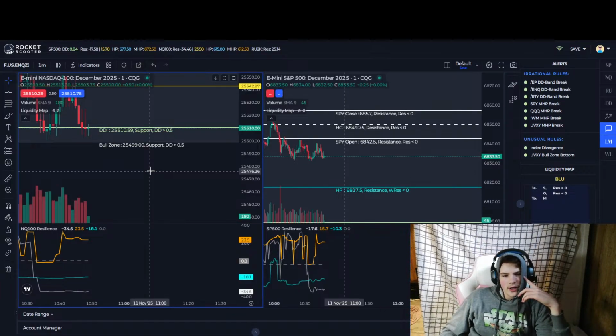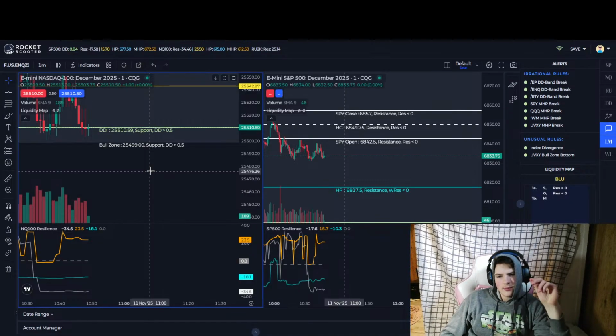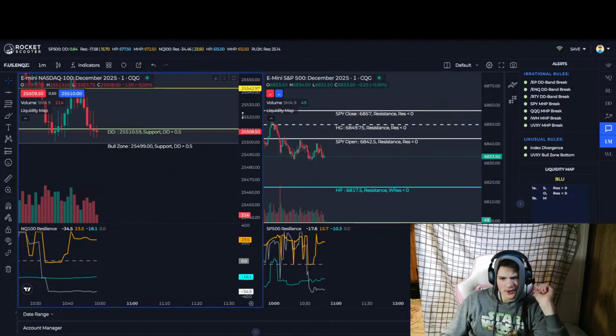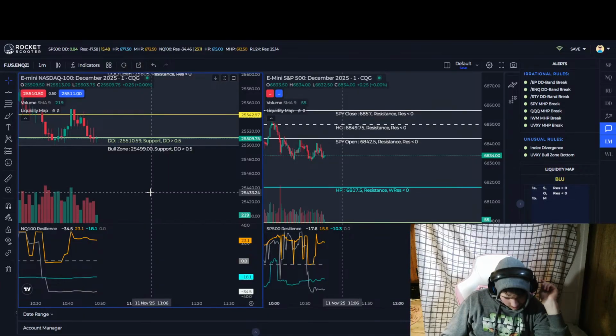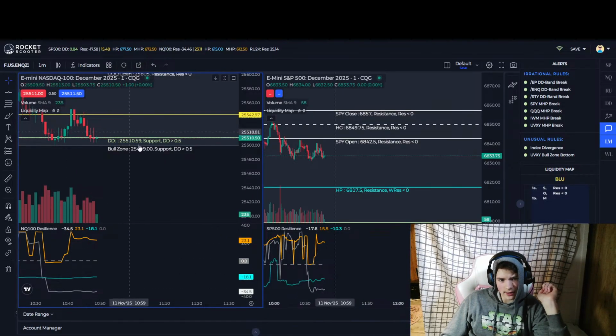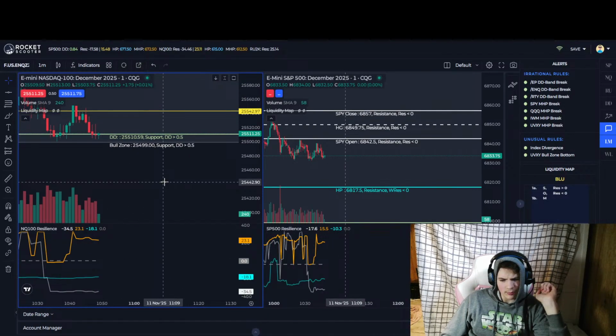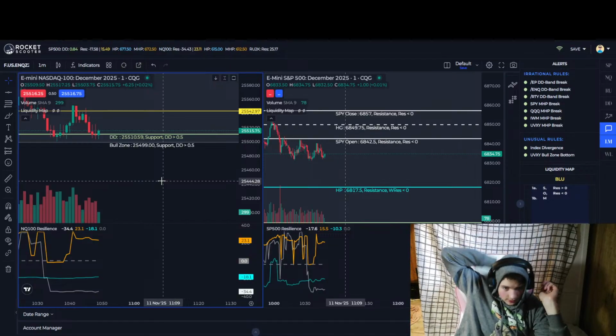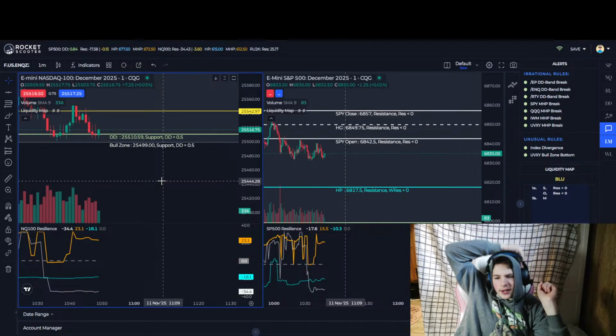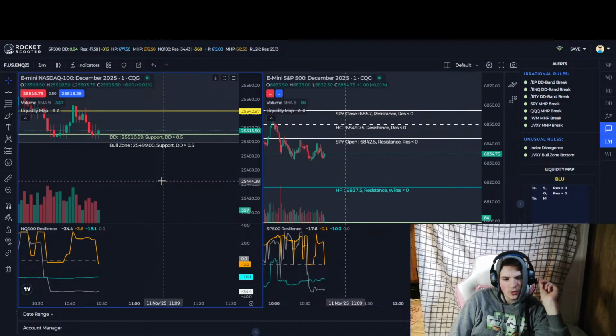But also, what I found out is for Rocket Scooter, once you get it, and if you want live data feed, you have to spend another $9 a month, and you have to get a broker to give you live data feed. So that's why I started the stream so late. Usually I start around like 8:30. I started at like 9:30 because I was trying to sign into the.